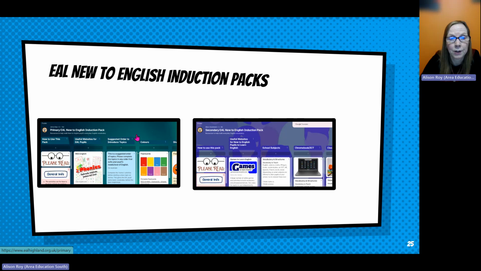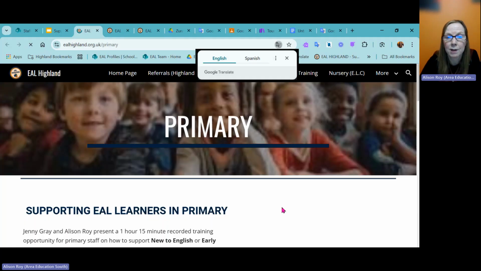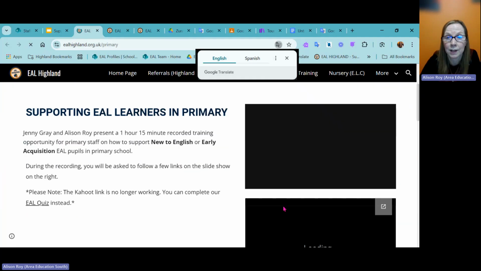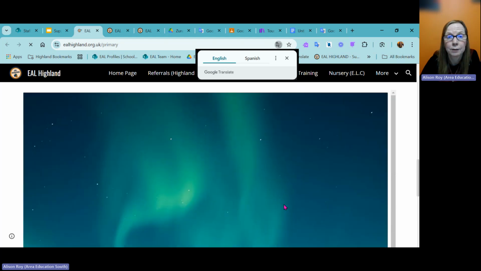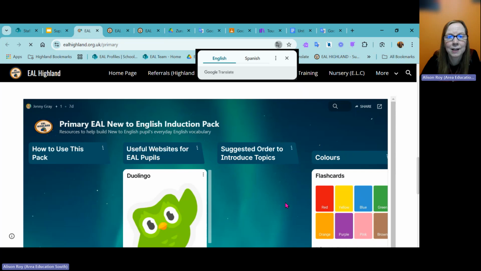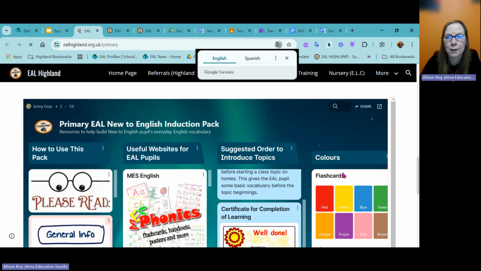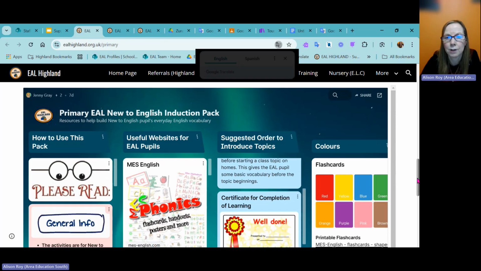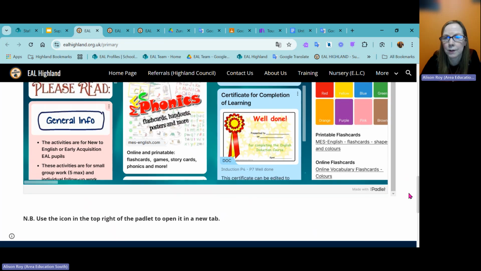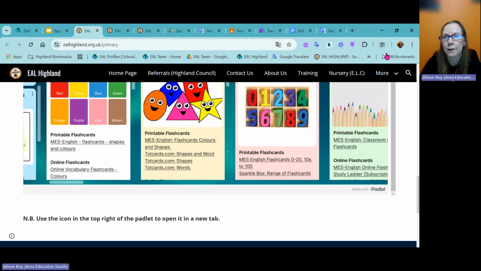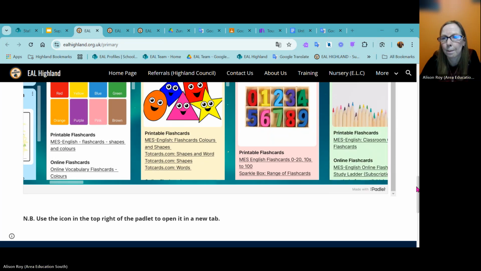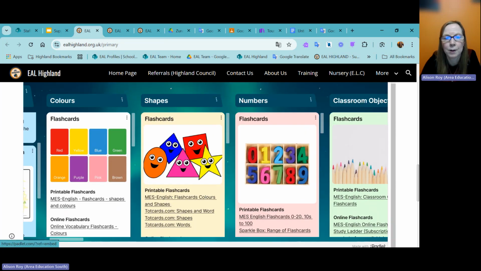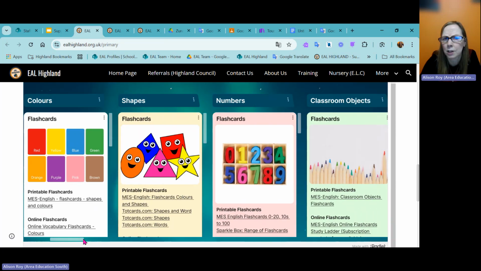So again, the links are on here, and I'm just going to open up the primary one, but I suggest that once we look at this, you take a bit of time to go through it. So I'll just let that load. So again, it's all organized in themes, and you can see there you've got colors, and if you go along, you'll see all the different themes that are there in the induction pack. Okay, so you've got shapes, numbers, classroom objects. I think there's about 30 odd different